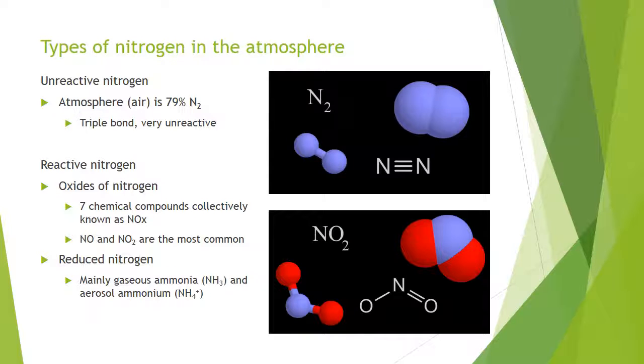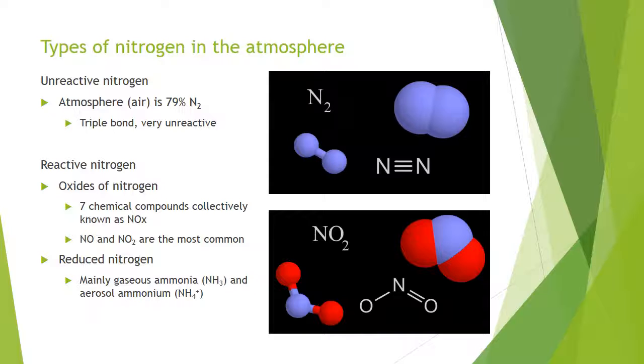There are two main categories of nitrogen in the atmosphere. There's unreactive nitrogen, which is just N2 gas in the atmosphere. Our atmosphere is 79% N2 gas, and N2 gas is very unreactive because of the triple bond between the two